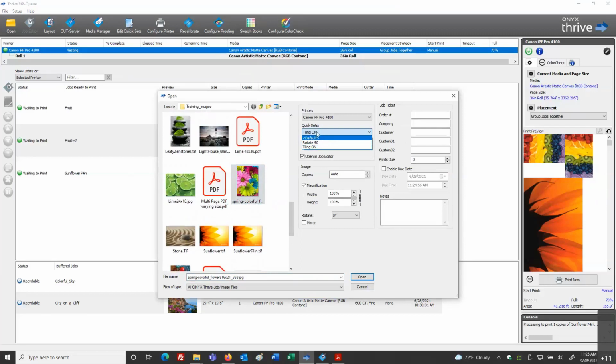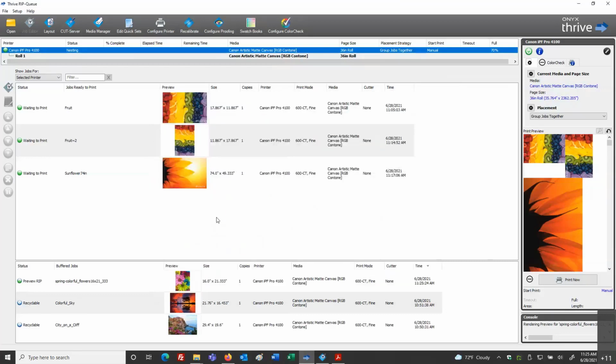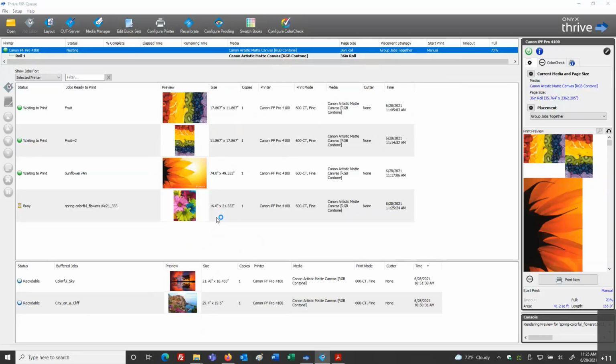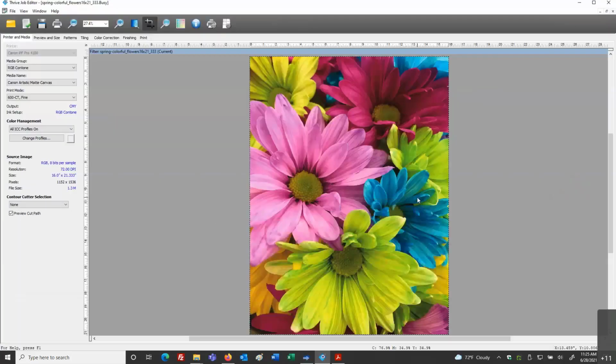So you'll notice, and remember the last quick set we used, it's for convenience, but of course we want to make sure we select what we truly want to work with. So I'll go back to default. And for this file, I will open up in Job Editor. So this might be something where I want to have bleed all around, top, bottom, left, and right. And then maybe I want to put in some grommet marks, some type of finishing effects. So I'm going to go into my finishing tab.